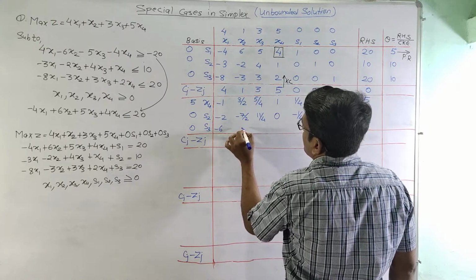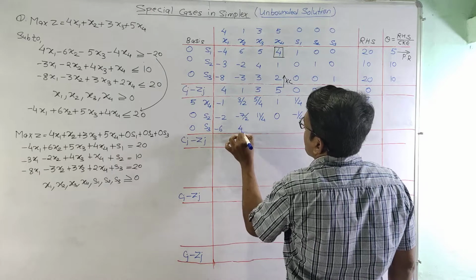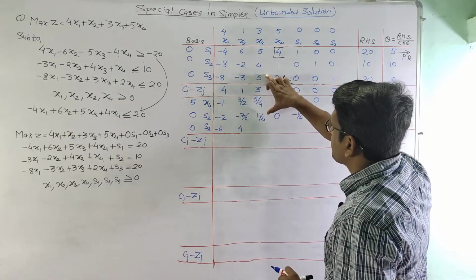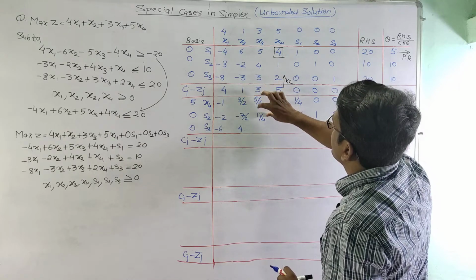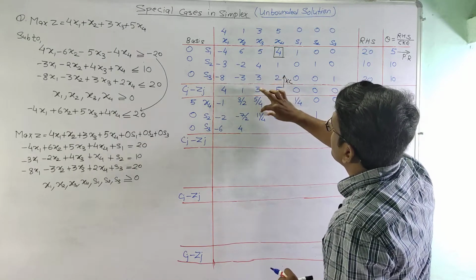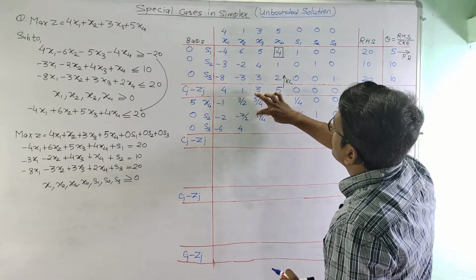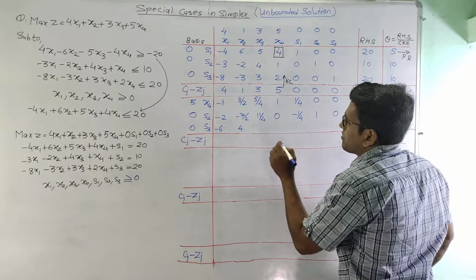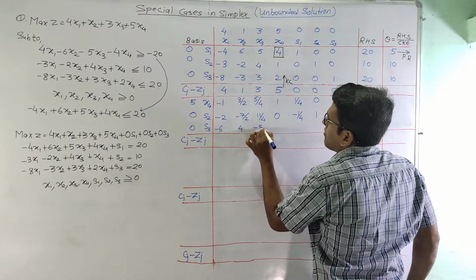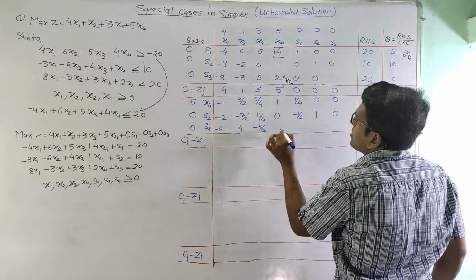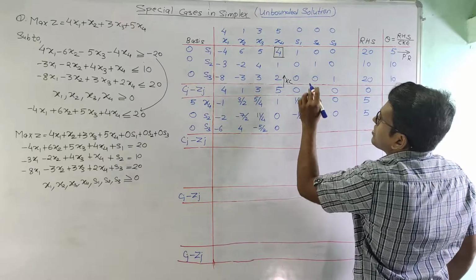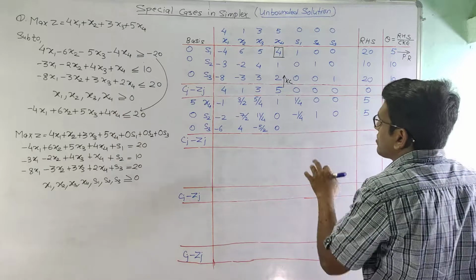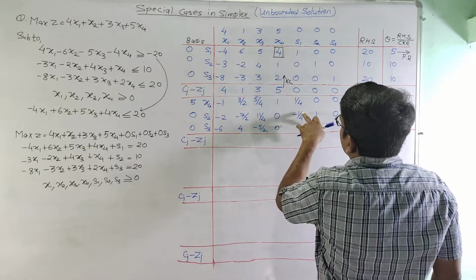I should write 4 only. Okay, then 3, and that's 2 times 11/2. 3 minus 11/2, that means 11 minus 6, 5/2. This will be minus 5/2. This will come as 0. This will be 0 minus 1/2 times. Sorry, it is 2 times of this into 2 is